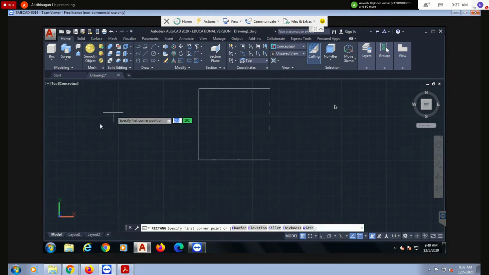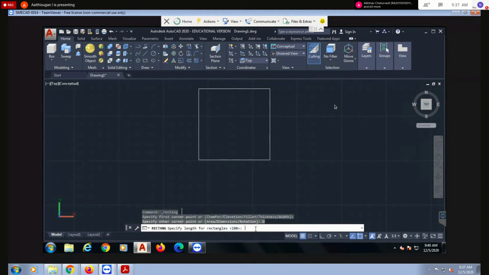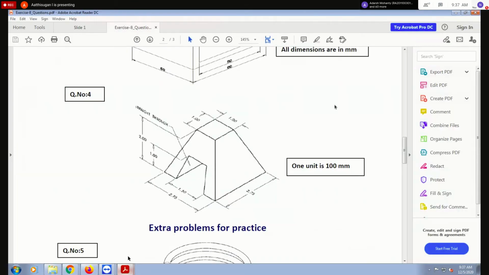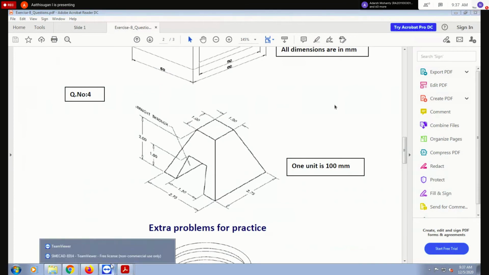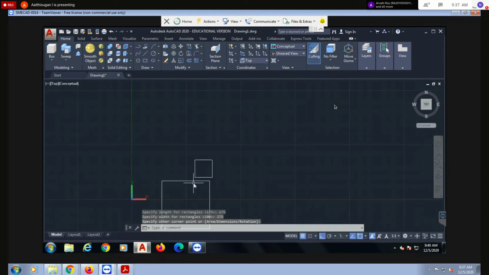Then use the move command, and the dimension is 275 by 275. Okay, you draw.